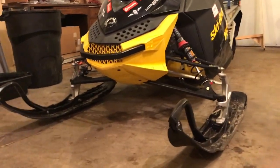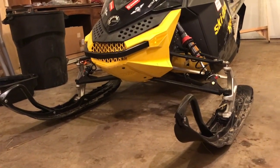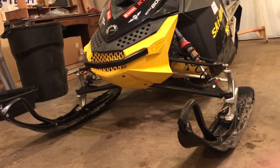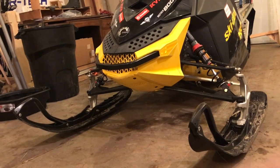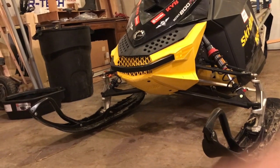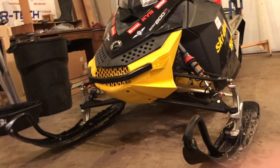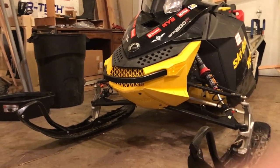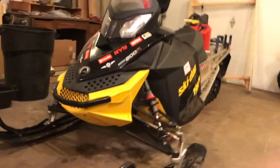I also jacked up the front end as far as I could get it to go. Originally, let's see if we can get a view on this. Originally, the stance in the front was pretty much dead flat. It was sort of sagged low to the ground. And I didn't like that for a couple of reasons. First of all, I don't like what it looks like. I like the sled to stand up a little bit. Second of all,